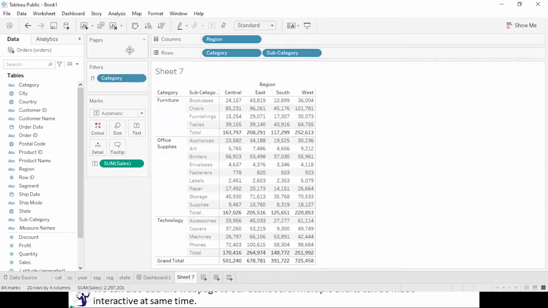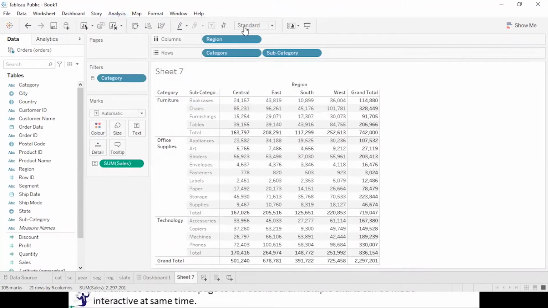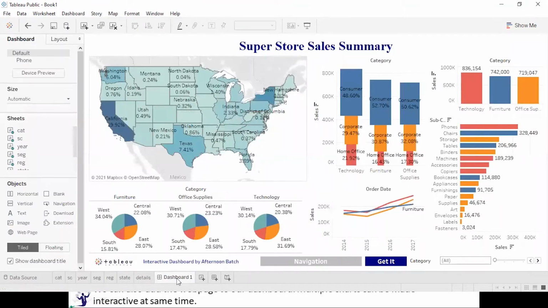Okay, so I have just created one sheet over here. And from the dashboard, we will be navigating to this sheet using the navigation button.